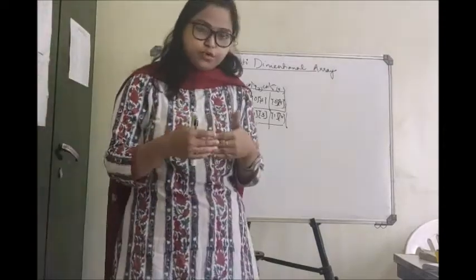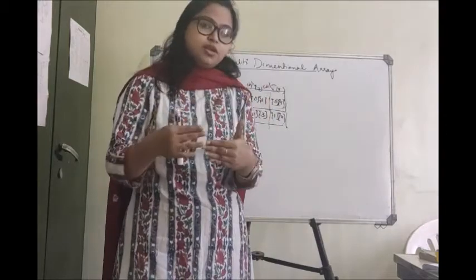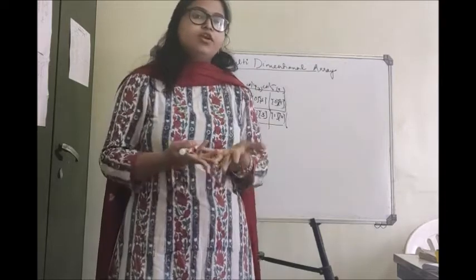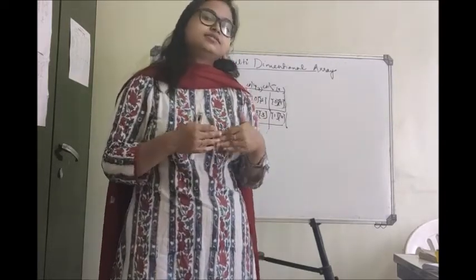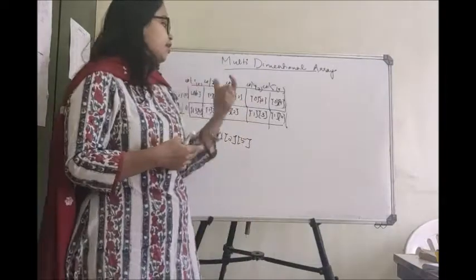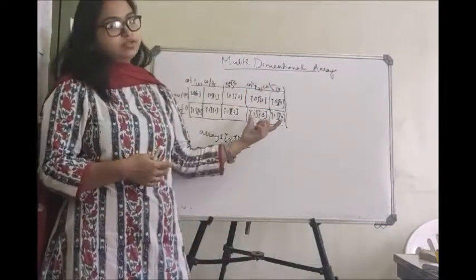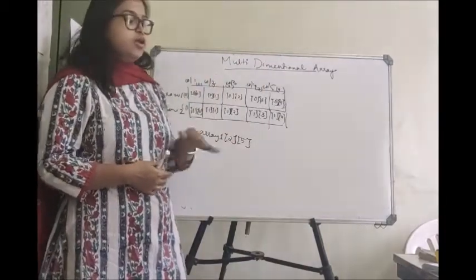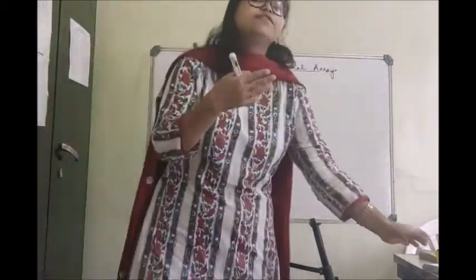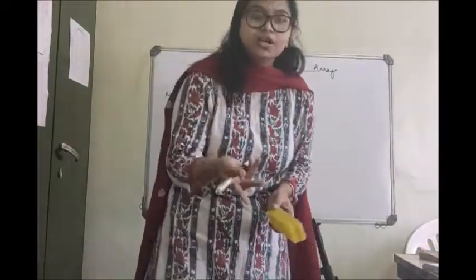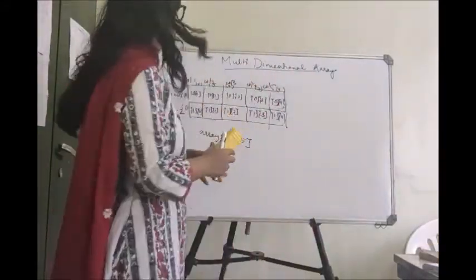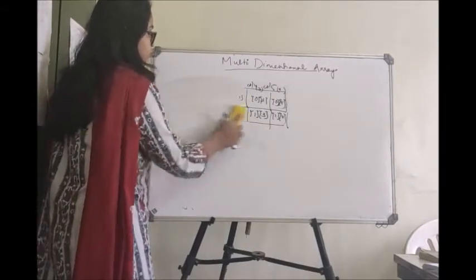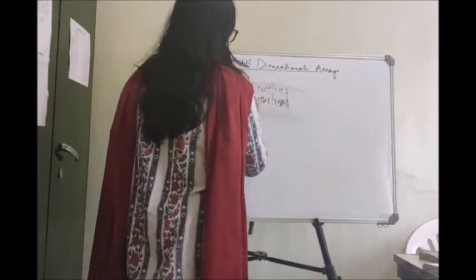So I will just go through it once again. In a multi-dimensional array, multiple linear arrays are arranged and together we call it a multi-dimensional array. Indexing starts from 0. Here we have multiple rows and multiple columns. So this is more or less about the multi-dimensional array structure. Now we will go through how to define it, how to declare it, how to initialize it in our actual codes.